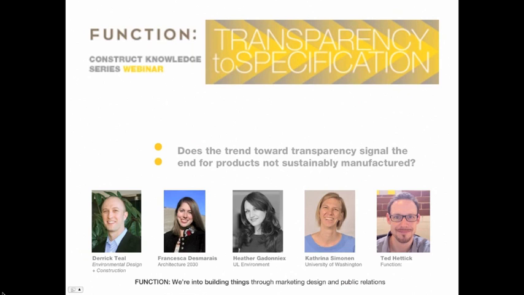Having the data is one thing, but being able to correctly understand it and then, again, using that data to maybe do more type 1 labels or product preferential systems is going to be key to driving the market towards sustainably manufactured building products. So EPDs are a great step in the right direction, but we still need wider proliferation of EPDs, a better understanding of how to use them, and a very well-educated building sector.